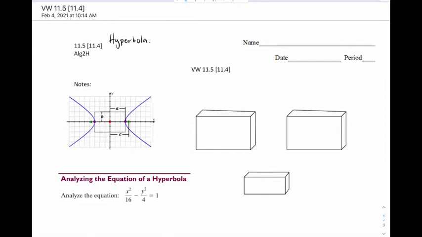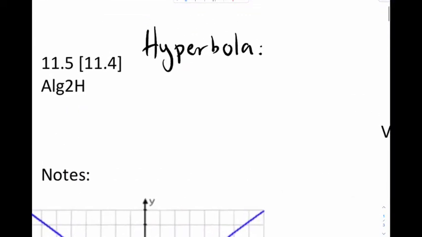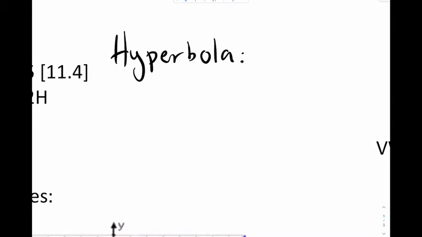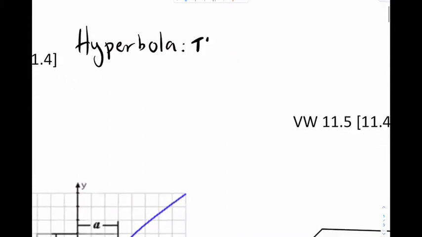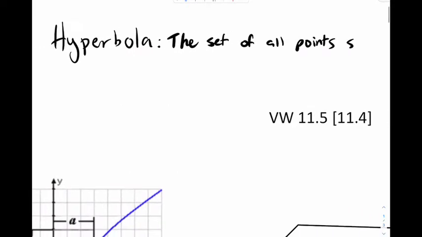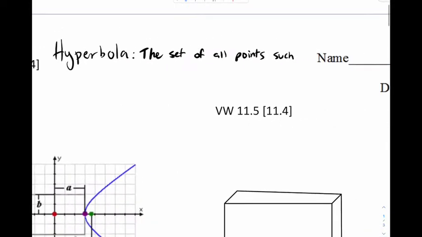Today we'll be doing the final piece of conics, which is the hyperbola. So first I'm going to give you the pure definition. A hyperbola is the set of all points such that